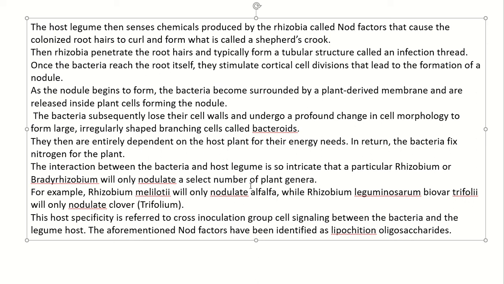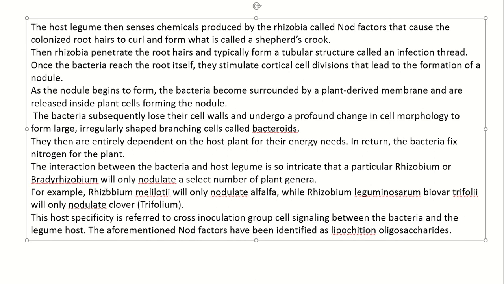You cannot simply take a soil or some part of soil, some type of urine, ferment this and pour it onto a particular plant species. You require these Rhizobium meliloti. For example, it nodulates alfalfa; Rhizobium leguminosarum biovar trifolii will only nodulate clover, that is Trifolium. So this host specificity is referred to as an inoculation group, and that senses cell signaling between the bacteria and legume